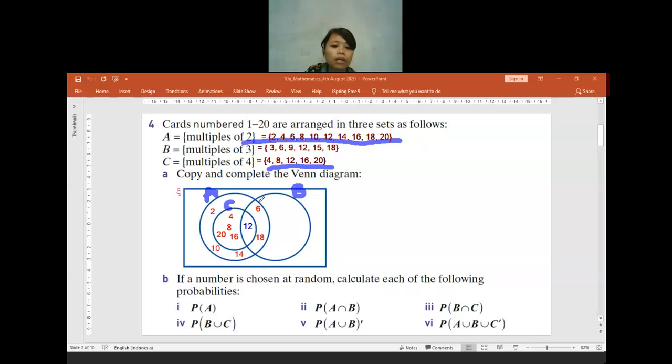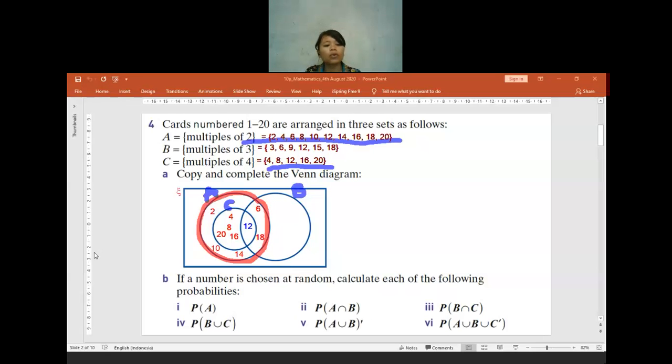Because when we write the circle A, we have to focus on whatever is inside the circle A. That's why we have to write from the circle that is very inside, and then we can go outside later on. So later there will be no number that we write twice. Is there any number else that we miss? 2, 4, 6, 8, 10, 12, 14, 16, 18, 20. So it's already complete for the circle A.